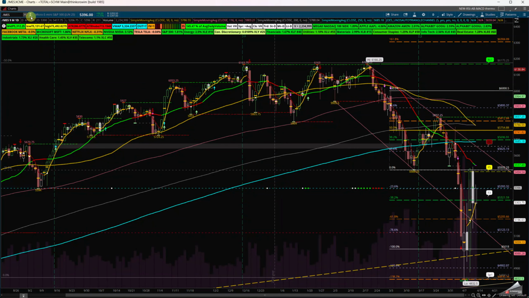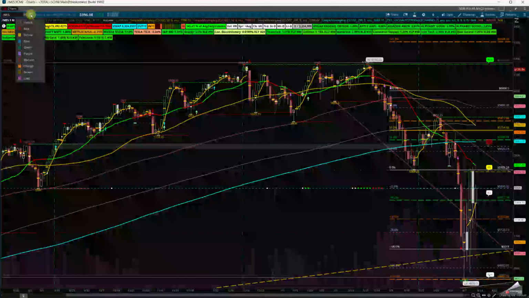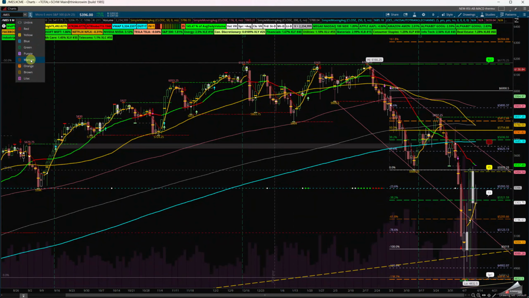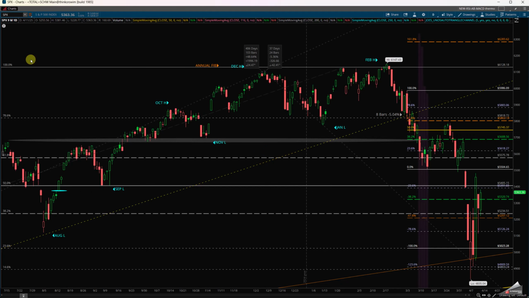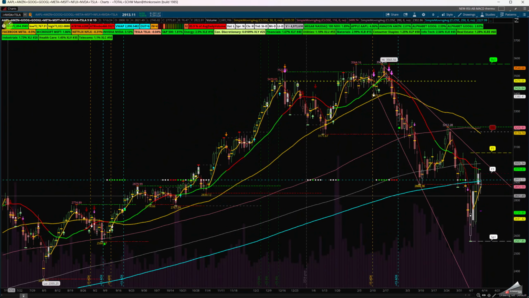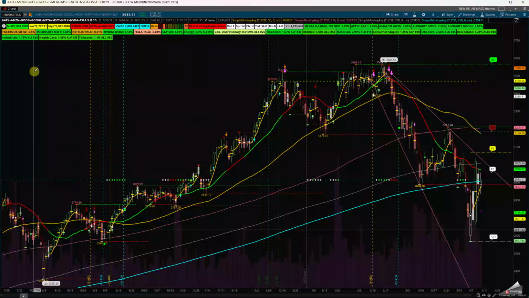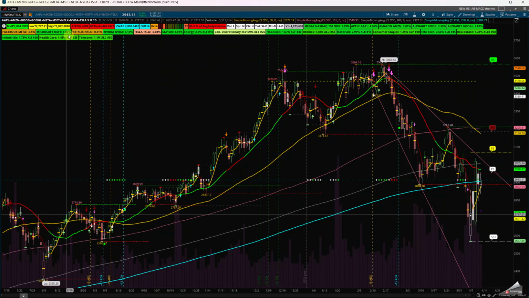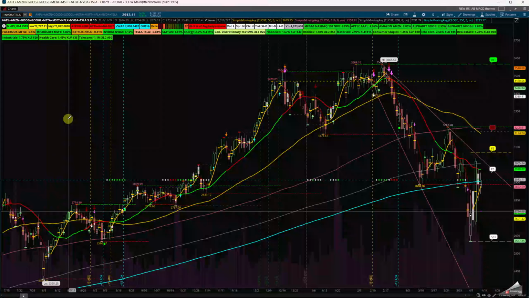Let's go right now, and I'm going to show you the combo on the maroon. This has the tech mega. Oh, that's the SPX. Hold on. It should be down here, it's the orange. So this has Apple, Amazon, Google, Meta, Microsoft, Netflix, NVIDIA, and Tesla as well. I included Netflix in there. The reason I wanted to have the top 10, 15 holdings in the Nasdaq 100 is that they call them the Fantastic Seven.